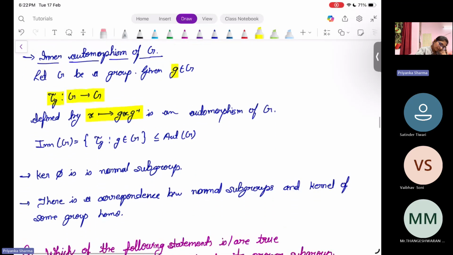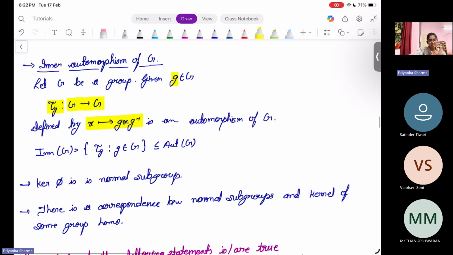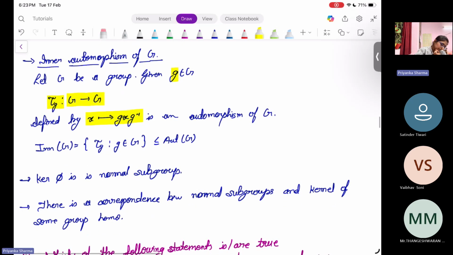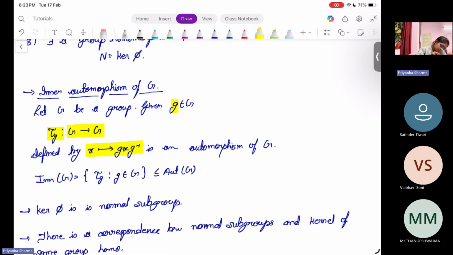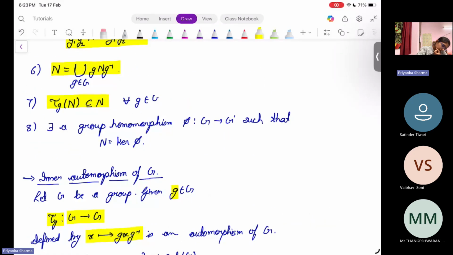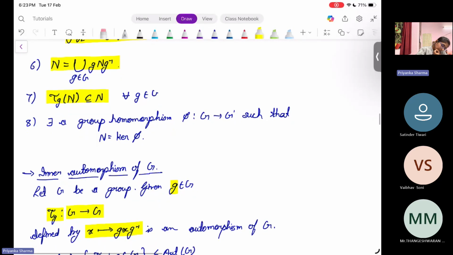So this map is an automorphism of G. Automorphism means a group isomorphism where we take both the groups, the domain and codomain, to be the same. Then the isomorphism becomes an automorphism. So this tau G gives us the seventh condition, that tau G of N is contained in N,